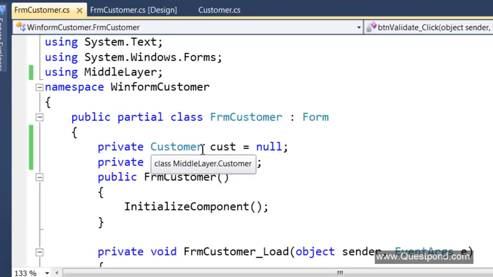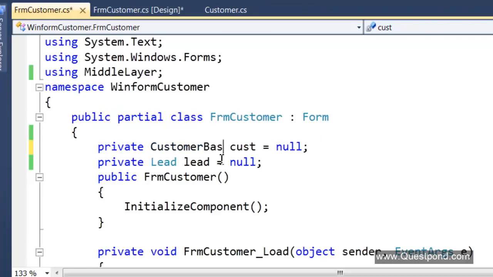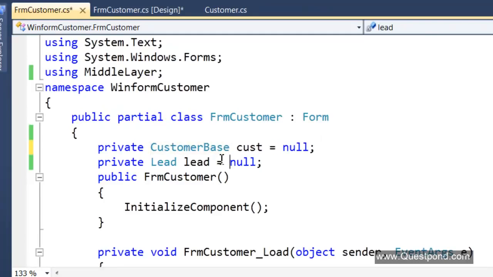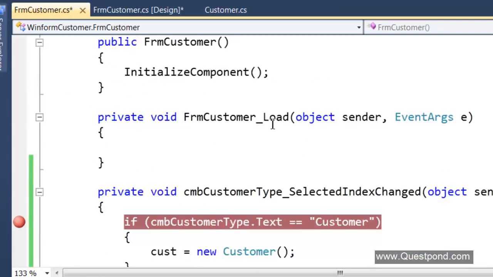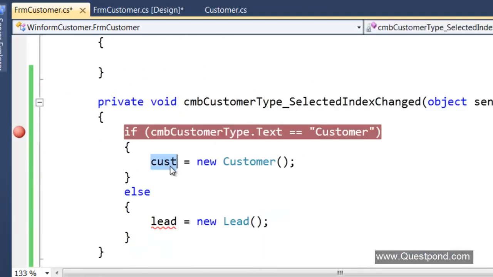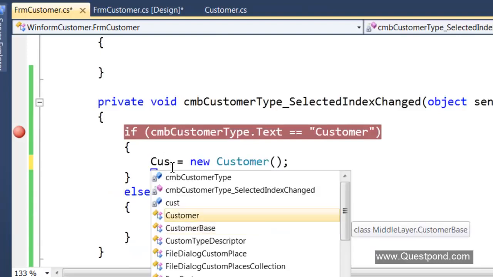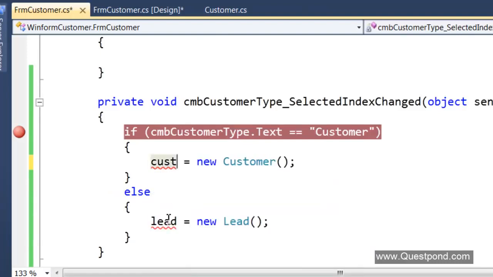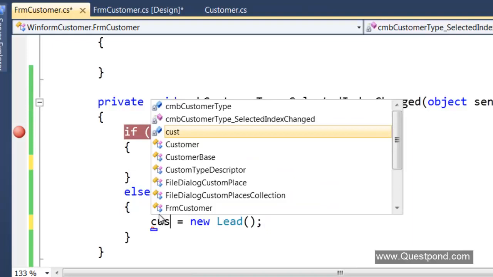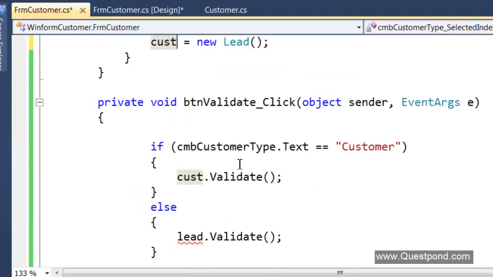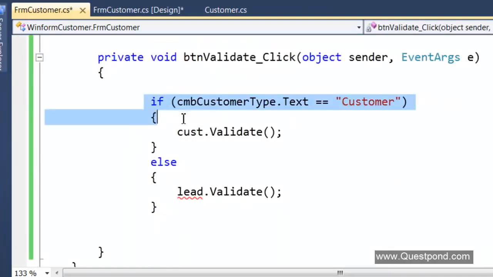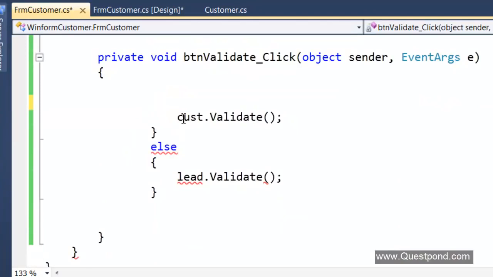So I can just create one reference for the whole UI. So I can say, okay, this is customer base, and depending on the situation, the customer base can now point towards new customer, or it can point towards a lead, right? And then in the validate, I can just say cus.validate.